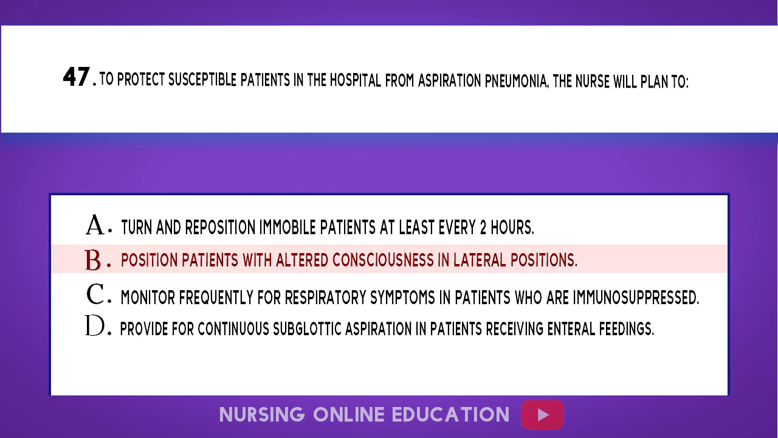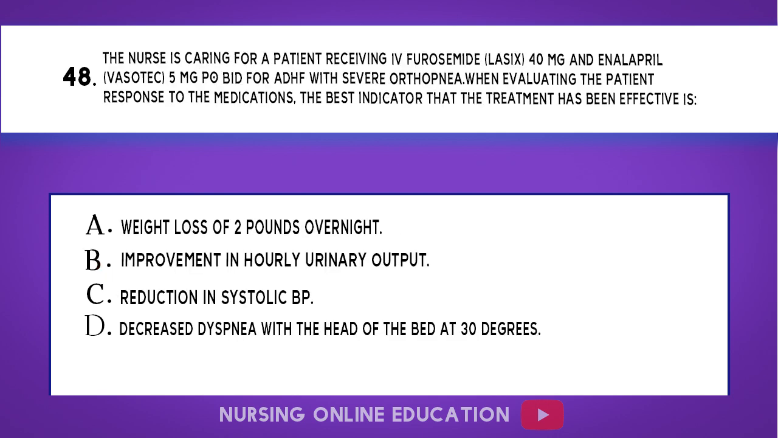The answer is option B. Position patients with altered consciousness in lateral positions. 48. The nurse is caring for a patient receiving furosemide, Lasix, 40 mg and enalapril, Vasotec, 5 mg PO BID for ADHF with severe orthopnea. When evaluating the patient response to the medications, the best indicator that the treatment has been effective is